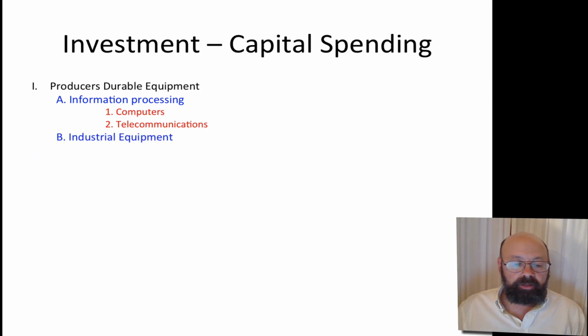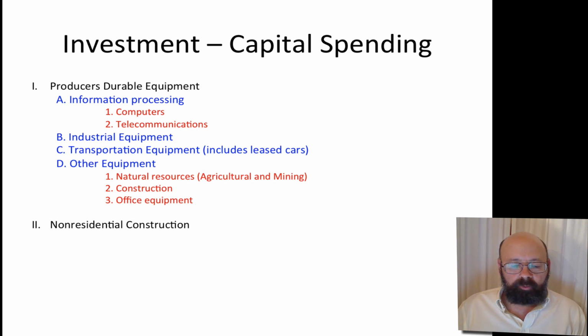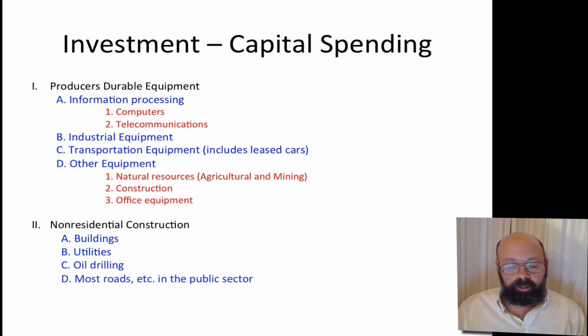And then we have industrial equipment and transportation equipment, which includes leased cars, and other types of equipment, such as equipment related to natural resources, such as agricultural equipment, that would be like a combine, or mining equipment, construction equipment, office equipment. And then you have non-residential construction that would include buildings, utilities, oil drilling, most roads, and most roads